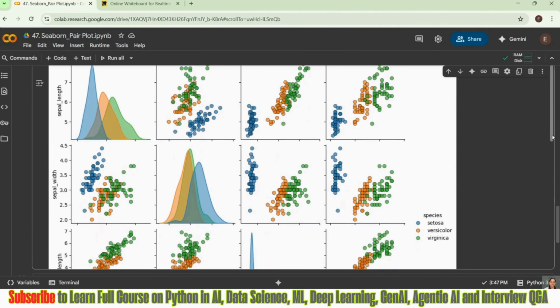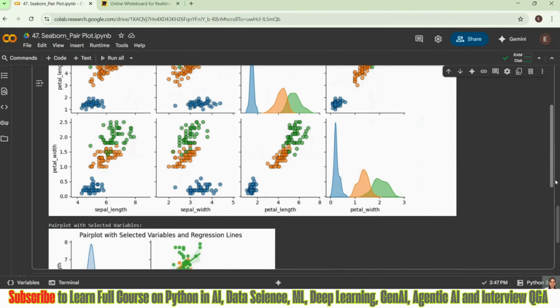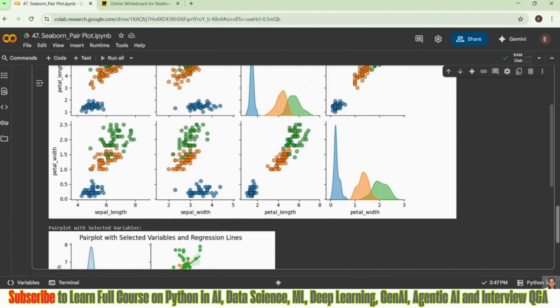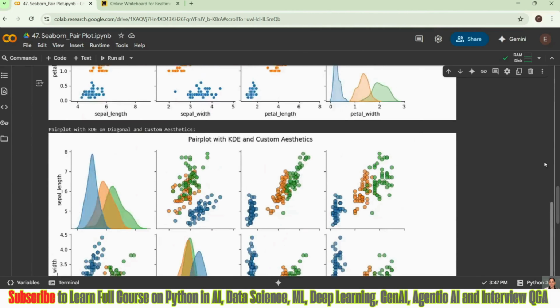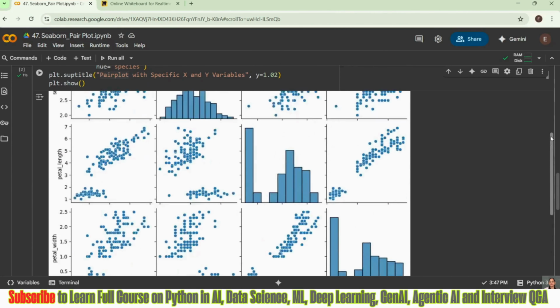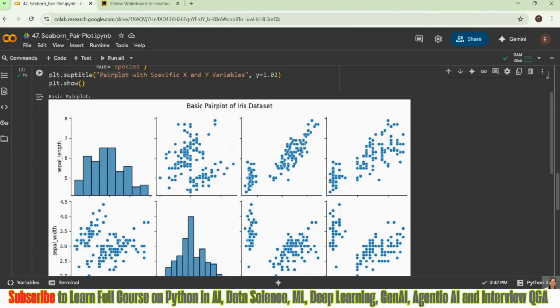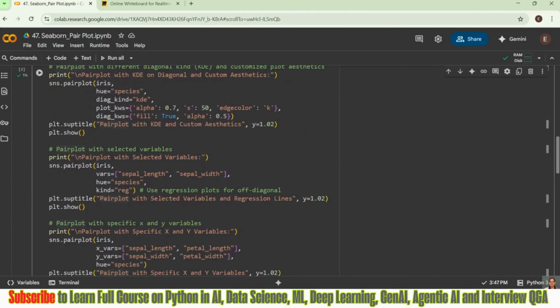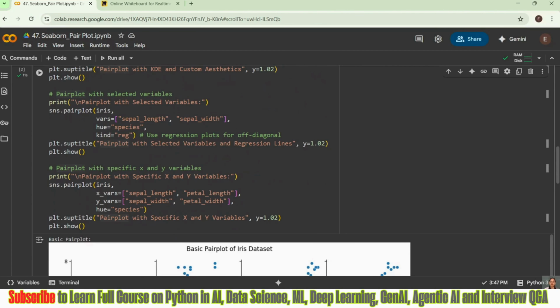Pair plot with KDE custom aesthetics, and this is how we are getting it. This is again the customization part, guys. You don't have to worry much. Most of the times when we are working, we are definitely going ahead with the default one only. Only in case of a very strong need, we are going ahead with customizations.